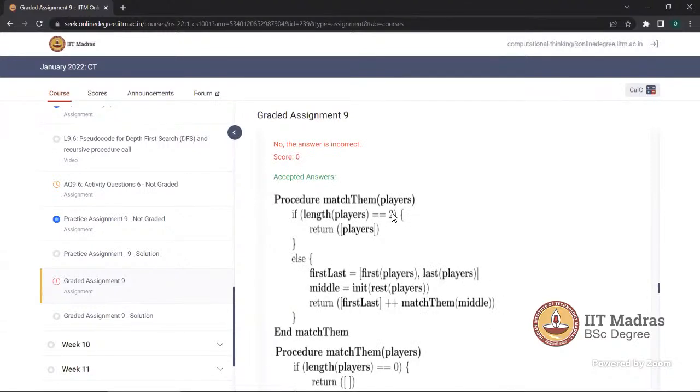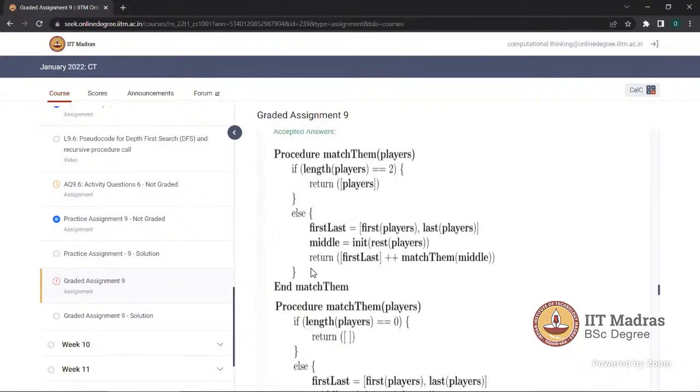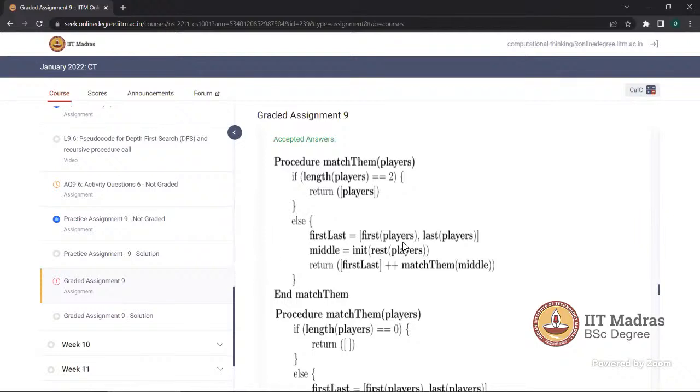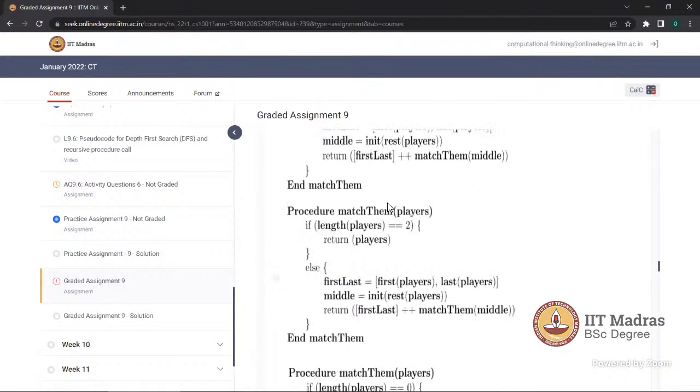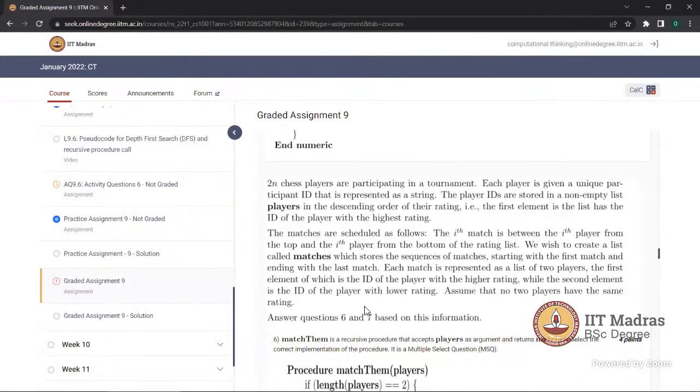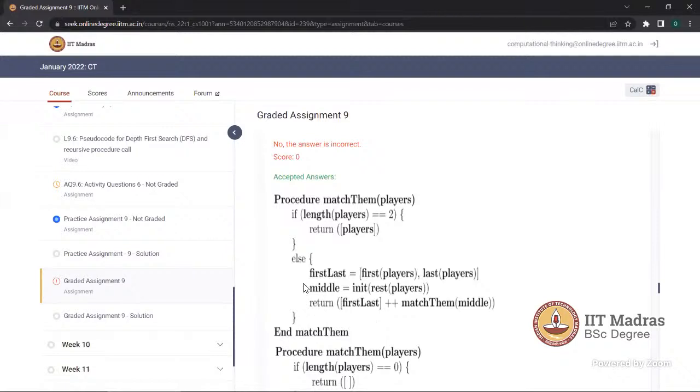Right. So another question I have. Here it says that in the final list outcome, the match numbers will be in ascending order. I don't remember exactly what the whole question is. I looked at it for a fraction of a second and was not able to read the whole thing. So you're talking about the final answer being in ascending order or not, right? That means in the outcome result, the matches will be arranged in ascending order.